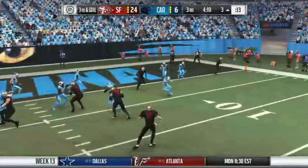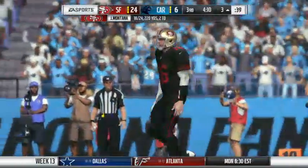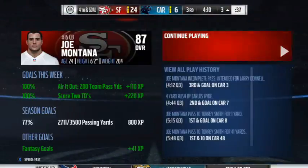Now a shotgun snap as they'll look to throw. Larry Donnell, the one he was trying to get it to. And it's